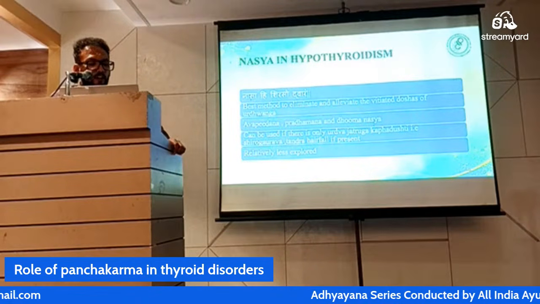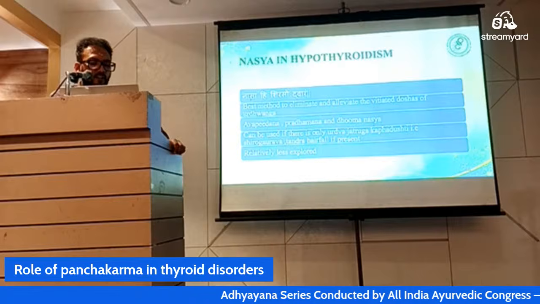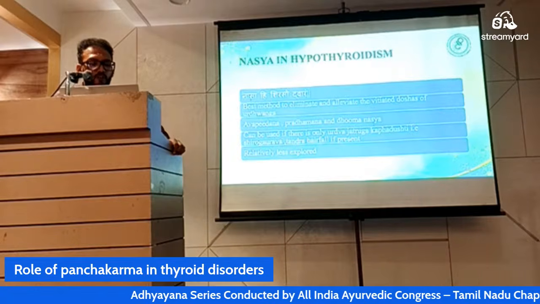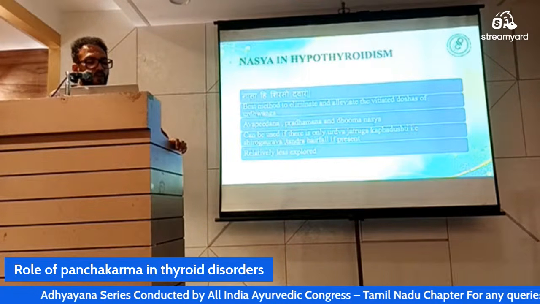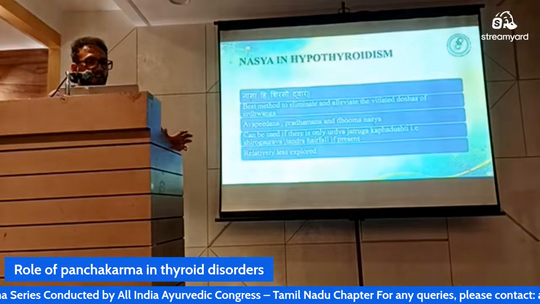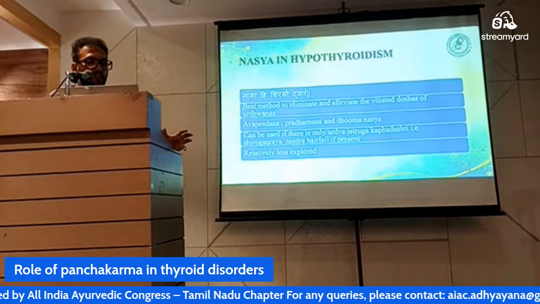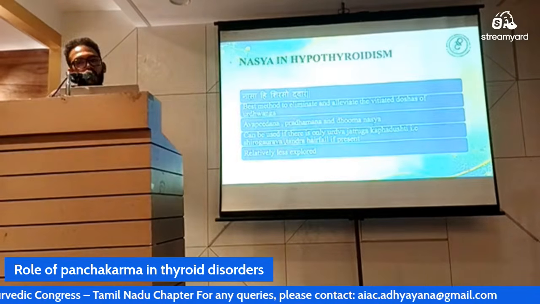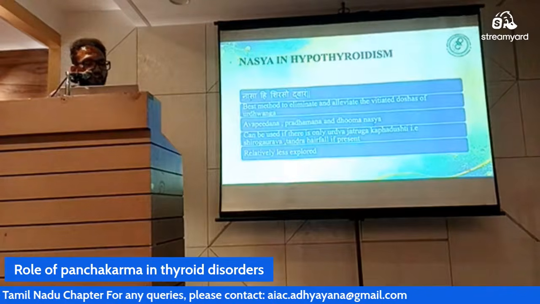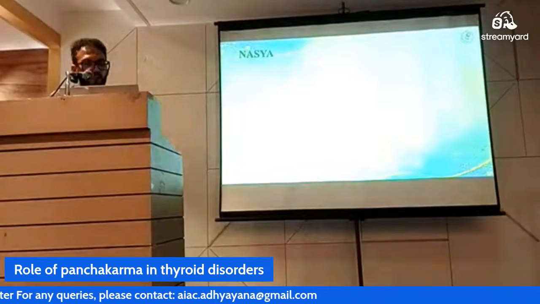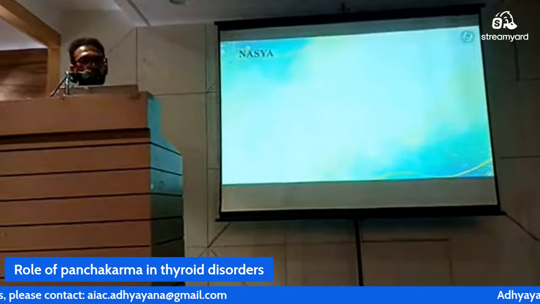We can either go for Avapidana Nasya, Marsha Nasya, or Pradhamana Nasya, and these can be given only in the Urdhva Trigata conditions, such as Kapadushti and Shirogaurava, hair fall, and depression. In all these conditions, you can go for Nasya Karma. Although it is relatively less explored, because we usually do not go for it when the patient is admitted